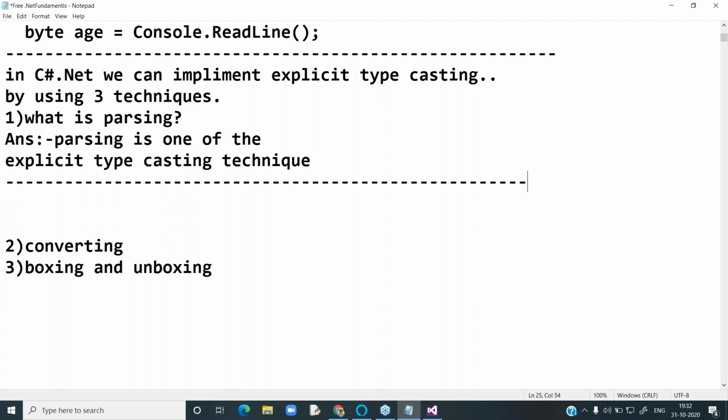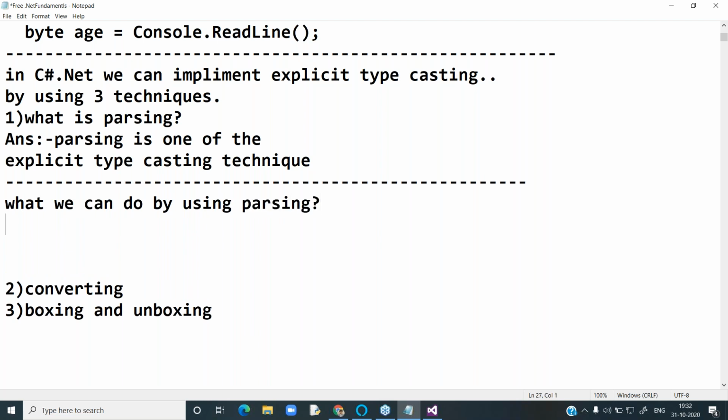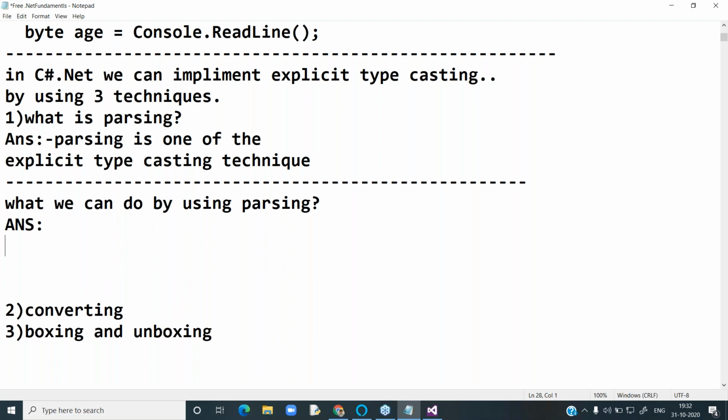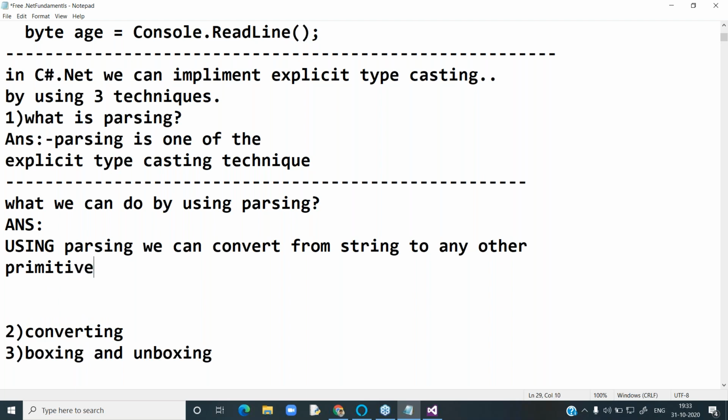Next question. What can we do by using parsing? Answer: using parsing, we can convert from string to any other primitive data type.